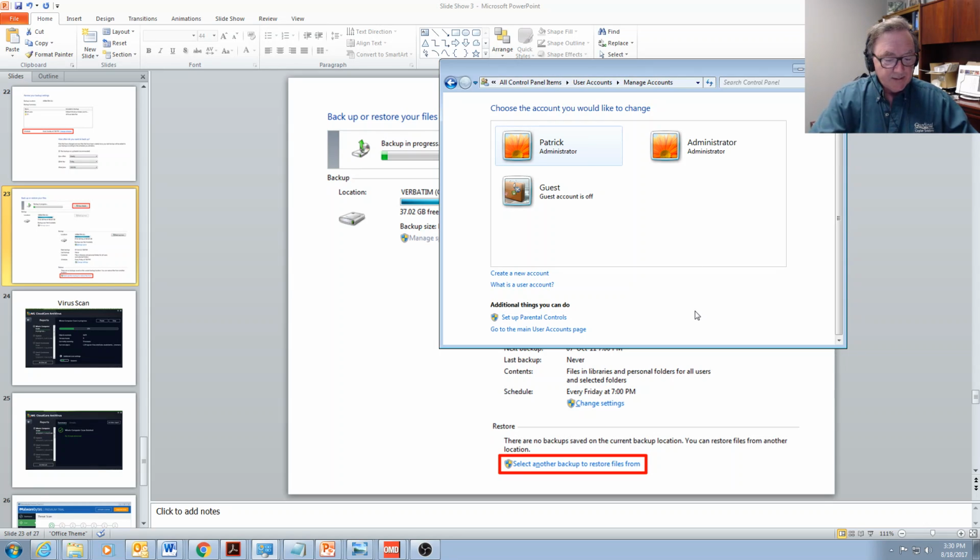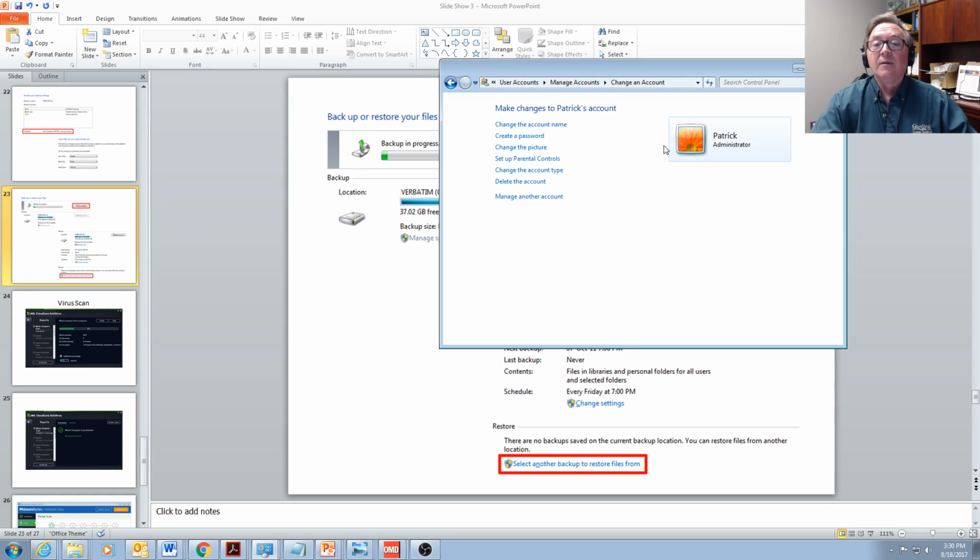Alright, change the UAC settings in Windows 7 versus XP. I'm not sure why XP is in my instructions here, because that OS is no longer supported. So we're going to look at Windows 7. So I'm going to go to my particular user on the system, and I'm going to